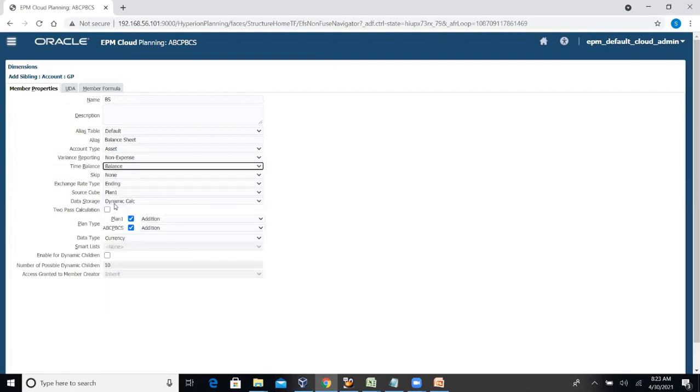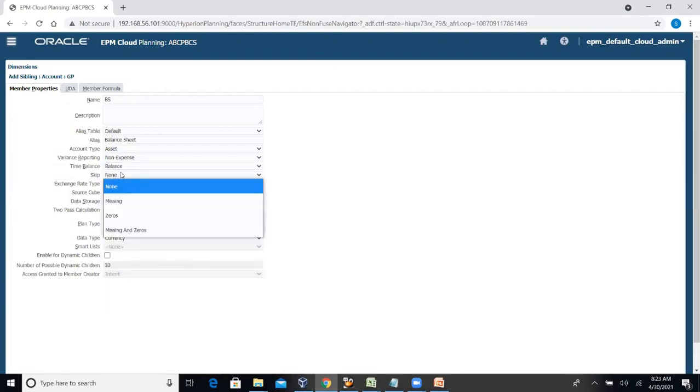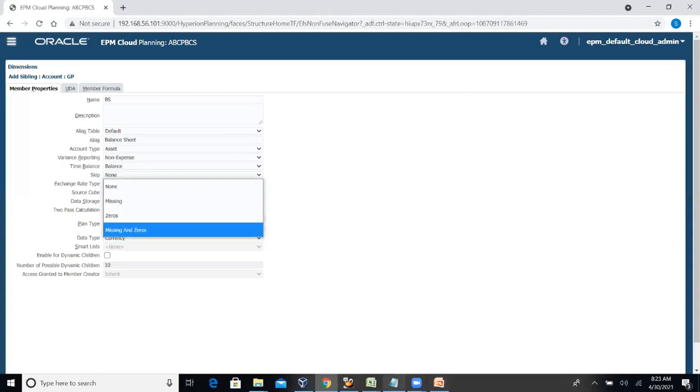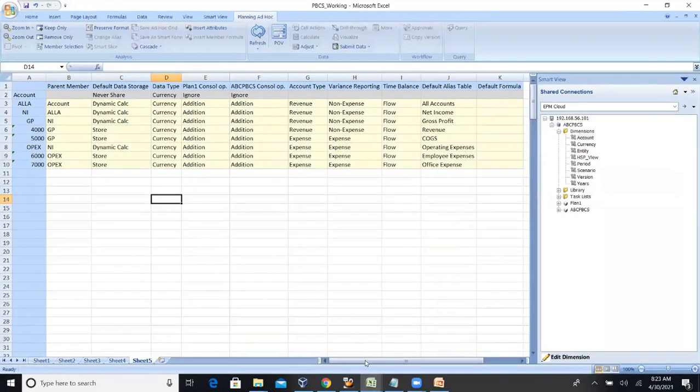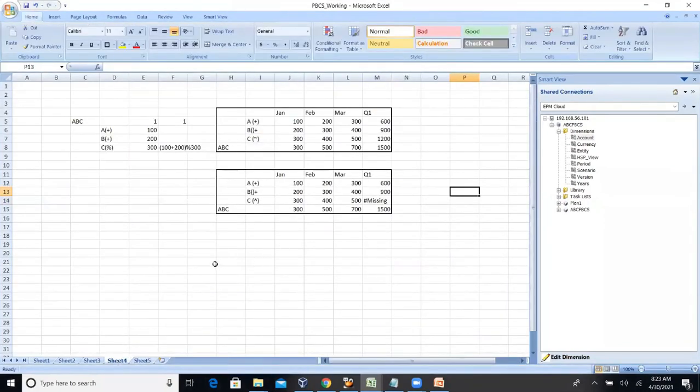Yesterday we did expense as flow. Here you can see skip none, skip missing, skip zeros, and skip missing and zeros. How will it work during the calculation? I will show you. I will use the same example: January, February, March, and Q1.